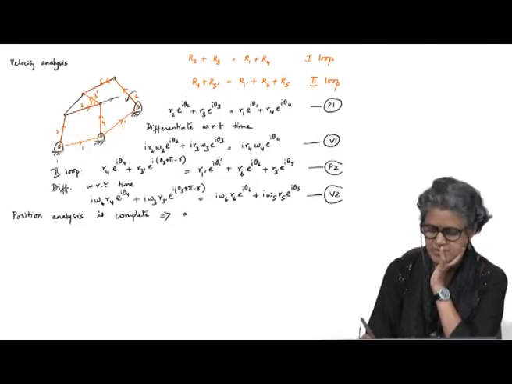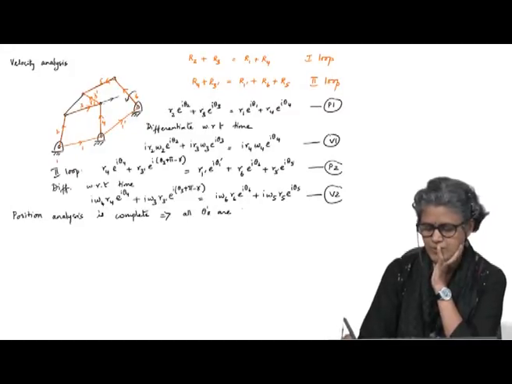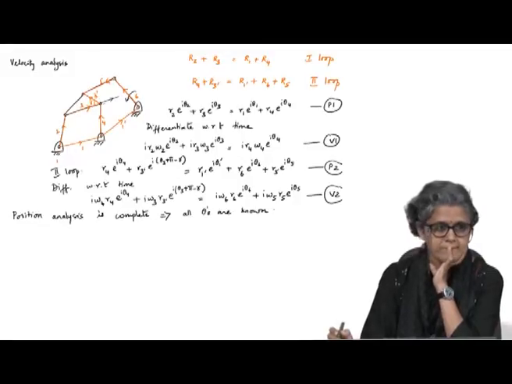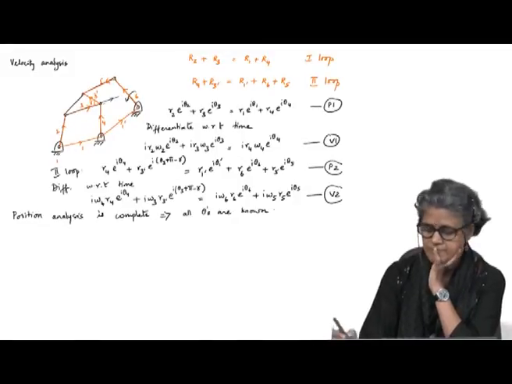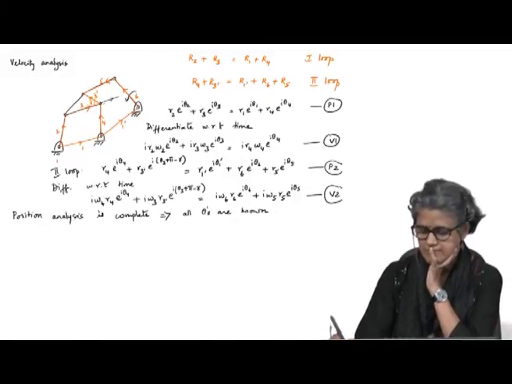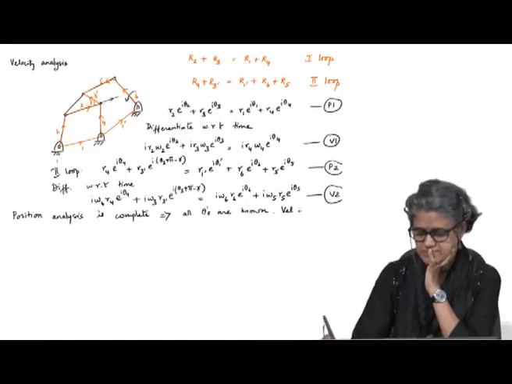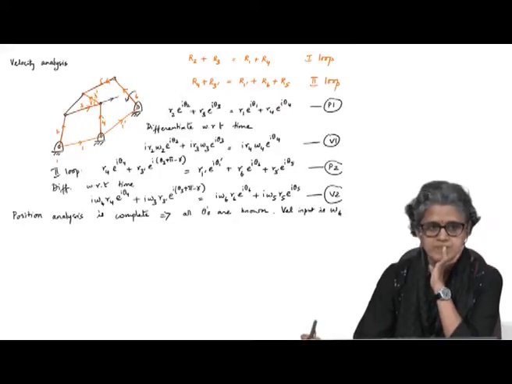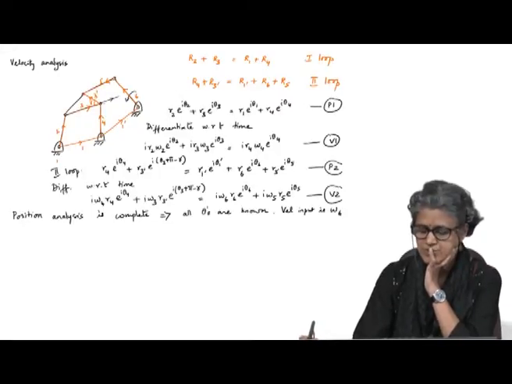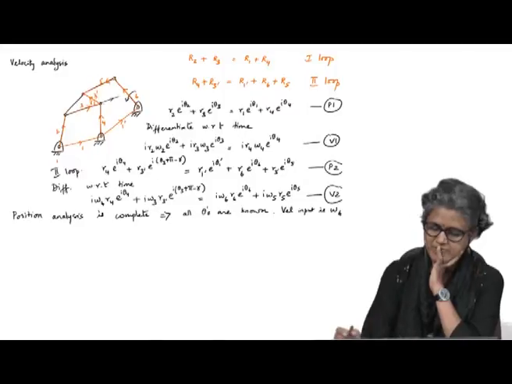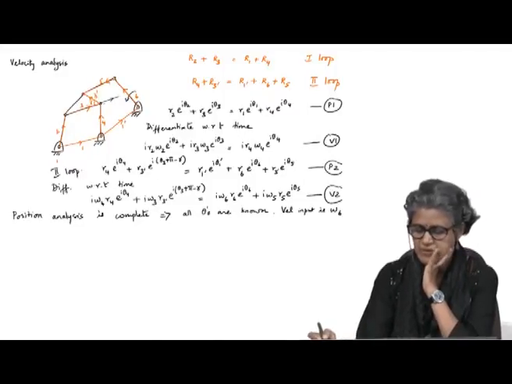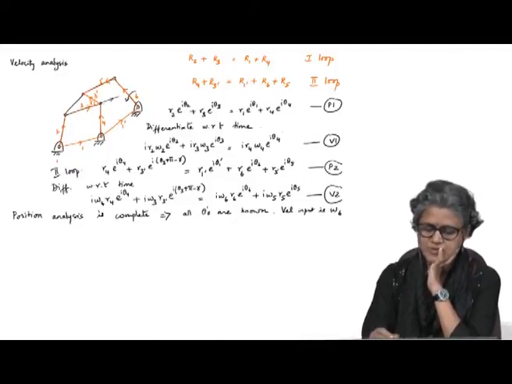Implies all thetas are known. Okay. Input, velocity input is omega 6 here. Okay. So, if I look at V1 and V2, I can get two scalar equations